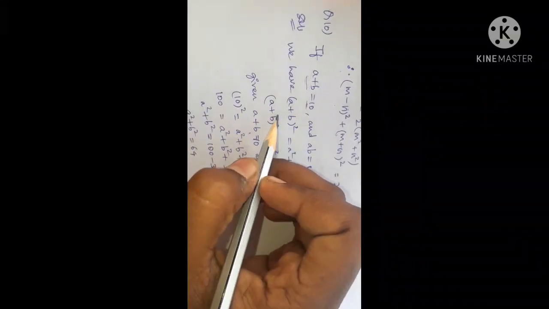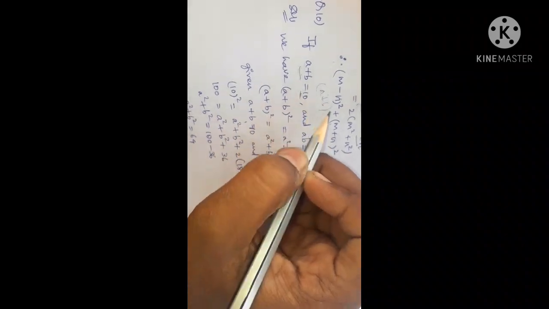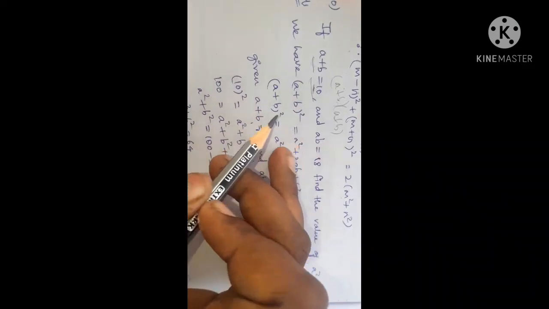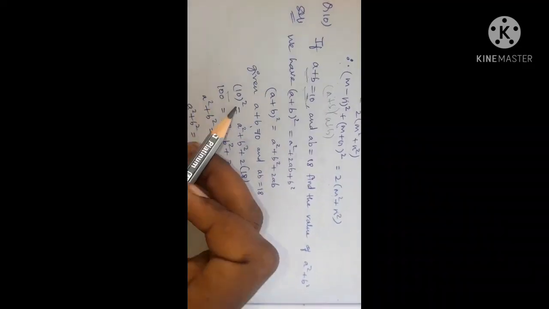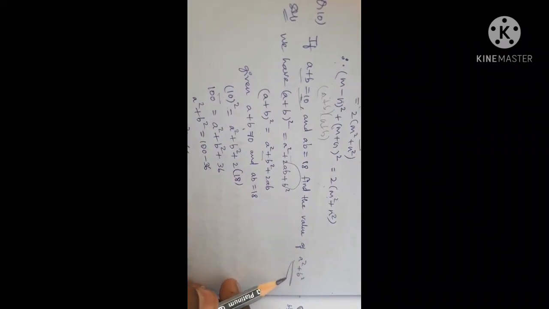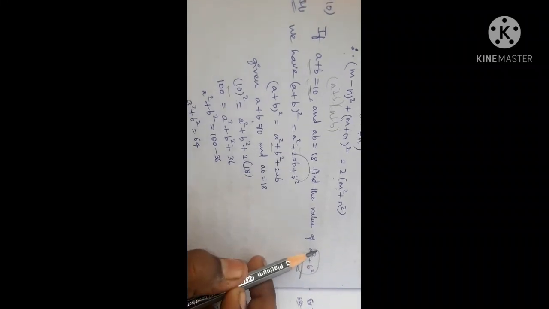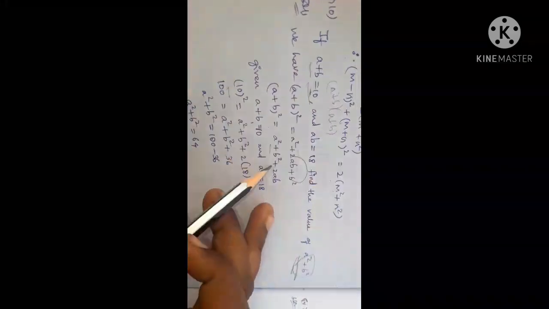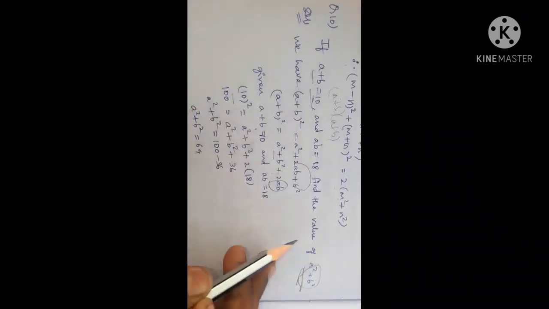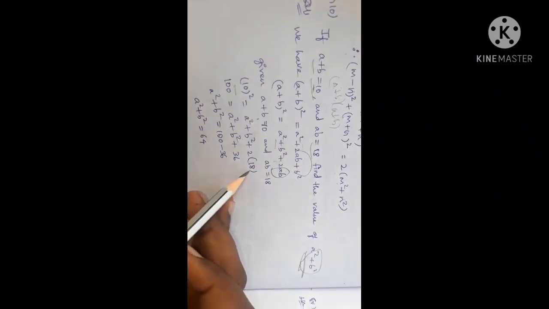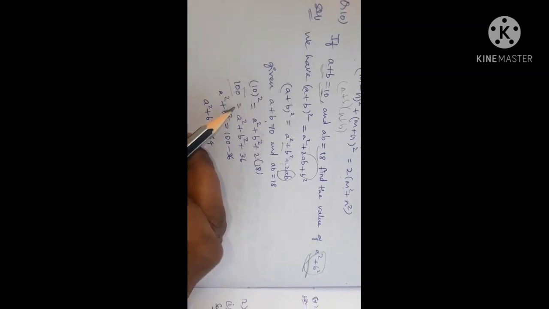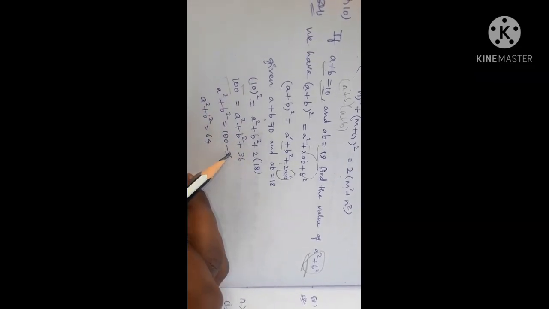(a plus b) whole square means (a plus b) into (a plus b), right? It is only (a plus b) whole square. So you should multiply 10 twice, that is 10 square equal to, I'll bring this b square this side because then only you'll get a square plus b square, and 2ab will be aside. Now substitute the value of ab into ab, you will get 2 into 18 because ab value is 18, so straight away you can put 18 in the place of ab. Okay, now you will get 10 square is 100 equal to a square plus b square. 2 into 18 is 36.